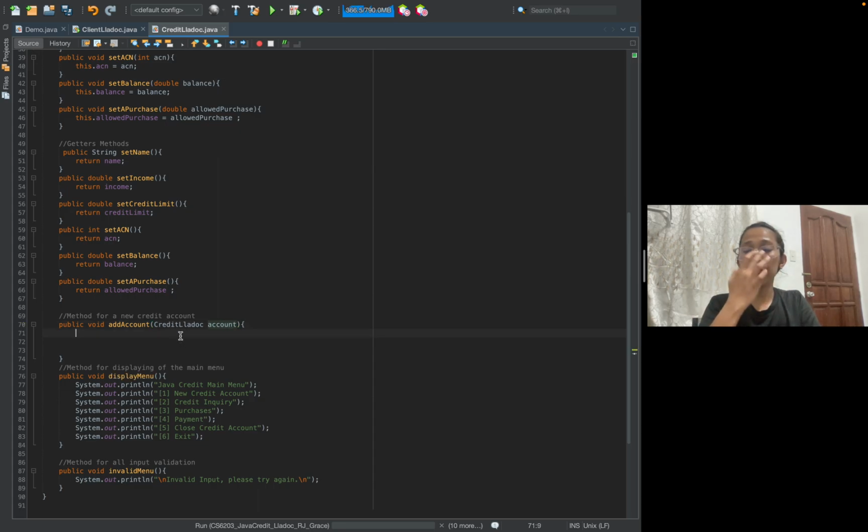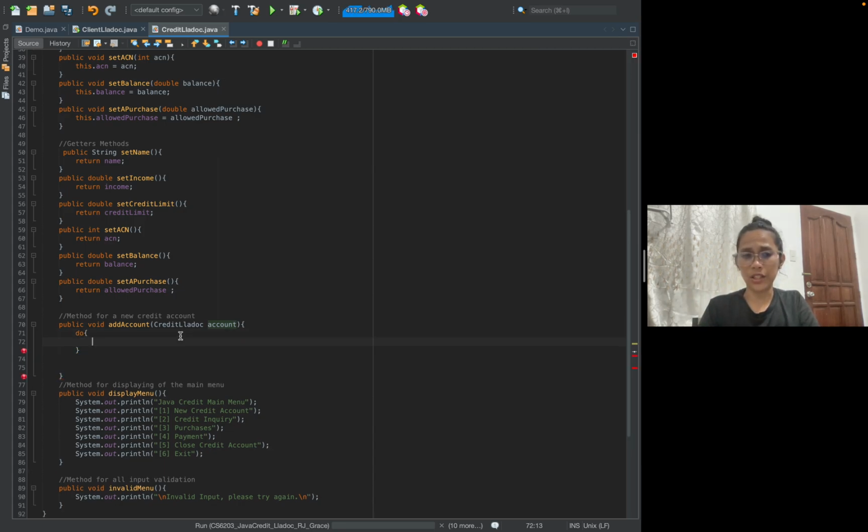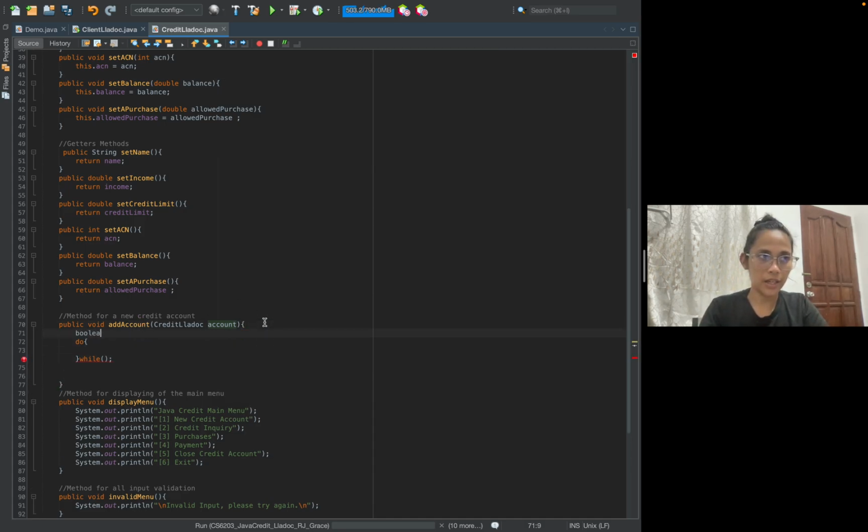Okay, so in order for this one to loop, of course, for the data validation and re-entry of any inputs, we will have a do while. It will also have a boolean here, a local variable, boolean add valid. So if it is valid, if it's still valid,